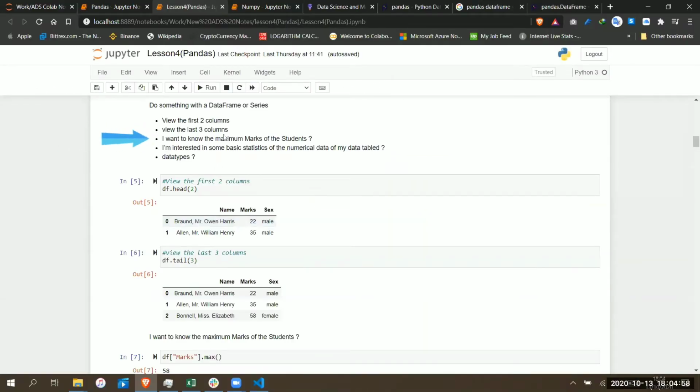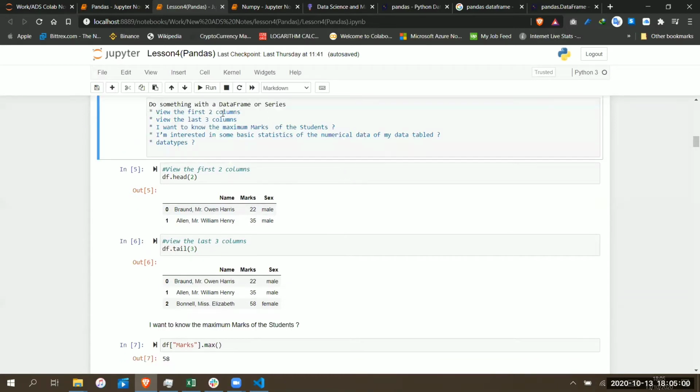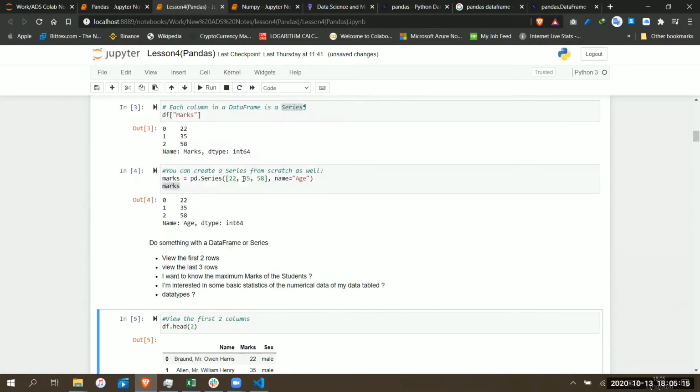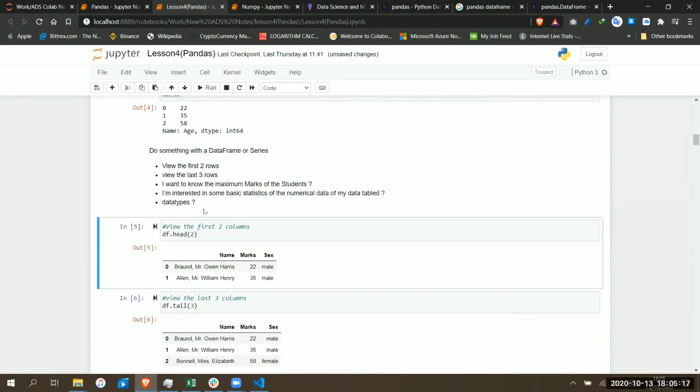So we can view the first two columns. We can view the last two columns. No, these are not columns, these are rows. Sorry. We can see the first two rows. We can see the last two rows. We want to see which student had the maximum marks based on our data frame above, as well as a numerical statistical breakdown of exactly what our data frame holds, as well as checking the data types within each particular column in a data frame or generally within our single series